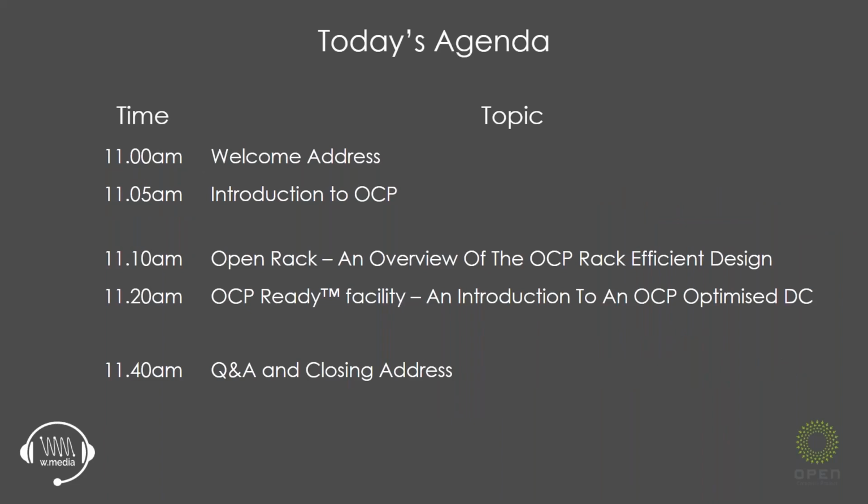On the agenda today, Steve will show us why tech giants and data center players have joined the OCP community to develop OCP optimized hardware, the hardware market, into a $10 billion industry. Rasul will then take us through the importance of open hardware and open rack infrastructure in achieving an optimized and efficient data center. And then after that, Darren Hawkins will share with us how SpaceDC achieved the recognition of being the first OCP ready data center in all of Asia,